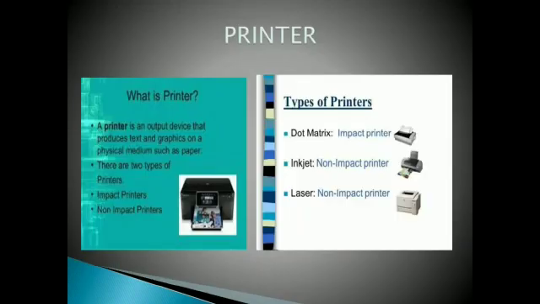Next topic, printer. A printer is used to print text or images on a sheet of paper, as the output given by a printer is on a sheet of paper. Therefore, this output is known as hard copy. Printers are of mainly two types: impact printer and non-impact printer. Impact printer. This printer uses a print head to strike an ink ribbon to give the impression on a sheet of paper. A dot matrix printer is an example of impact printer.